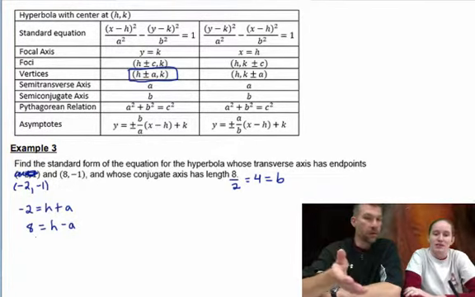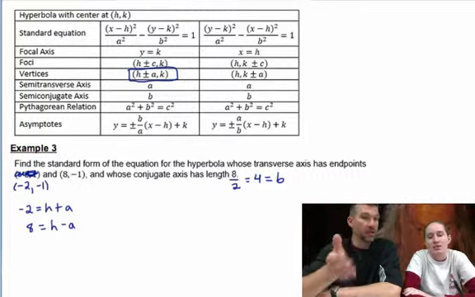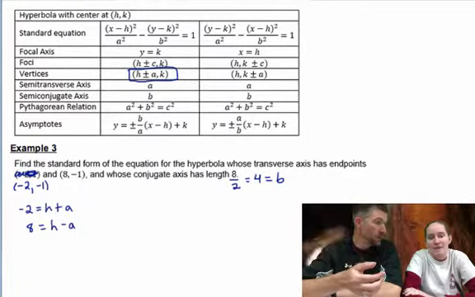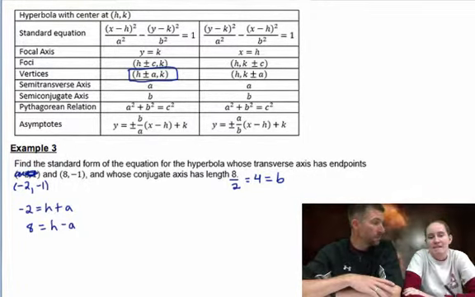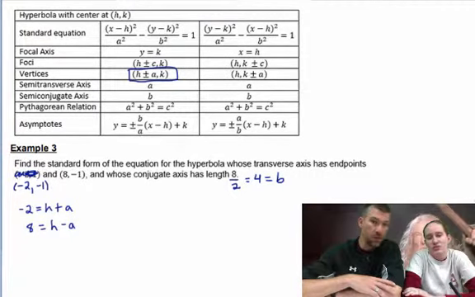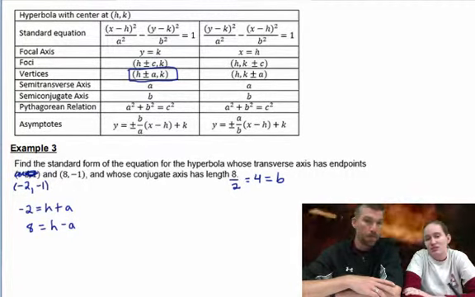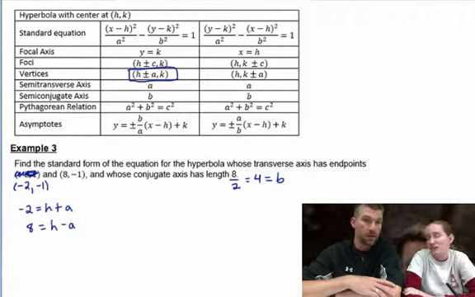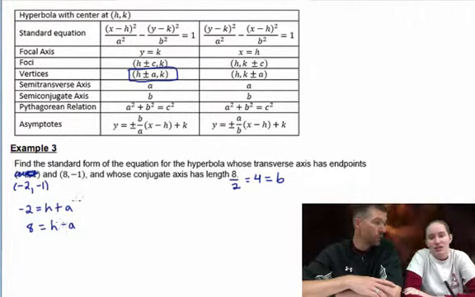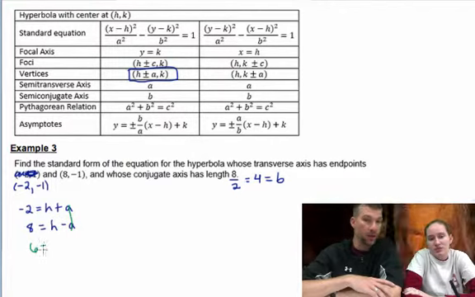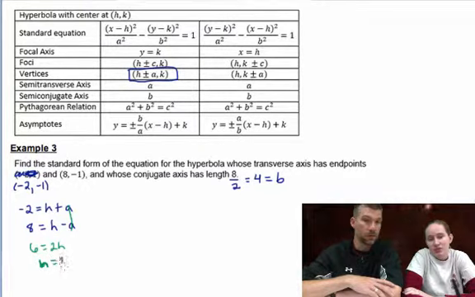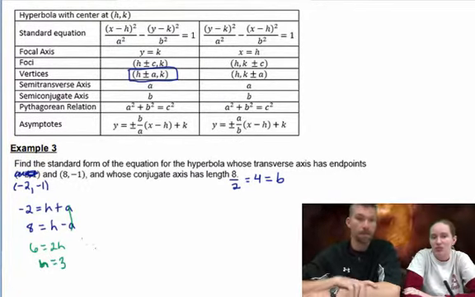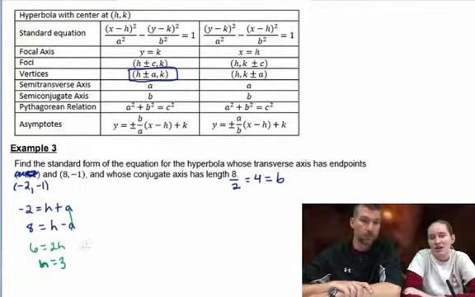To get to the middle, you could just do stop minus start to get your distance and divide by 2. So -2 minus 8, which is -10, divided by 2, and that's 5. Then you have to add that to the -2, which would be 3. So there are two ways to go about it, but either way, h equals 3, which is what we just said. And then you would plug that back in and get that a is